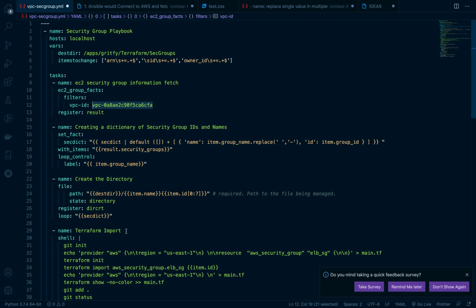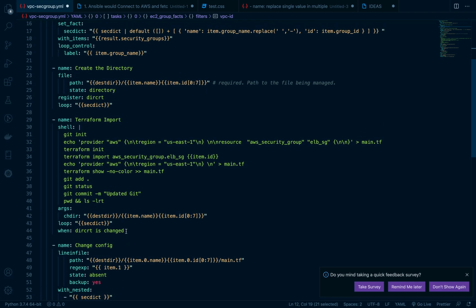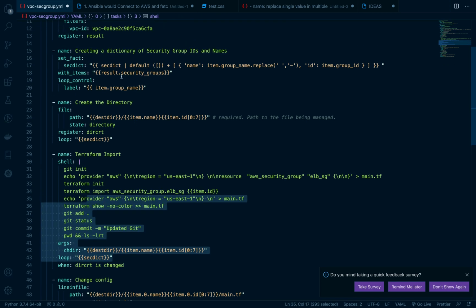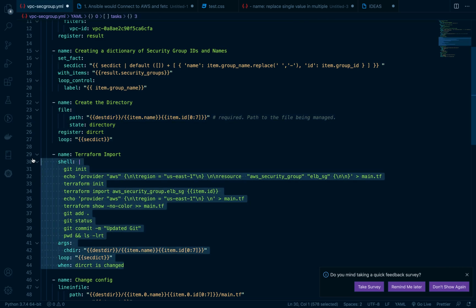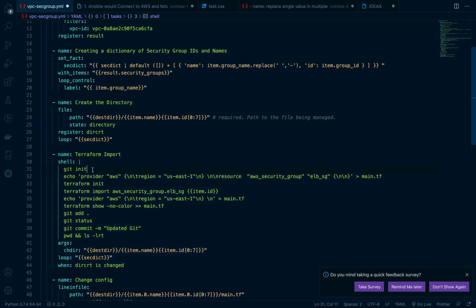The fourth task in our playbook is a Terraform import. Once the security groups are fetched and the directories are created for all the security groups, we need to execute a set of commands to import all these security groups properly. This Terraform import task will go into each directory created in the previous task and initialize a git repository.